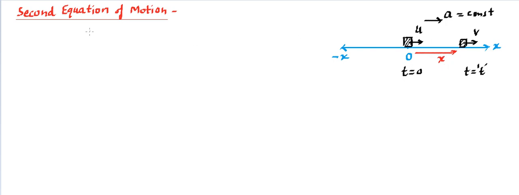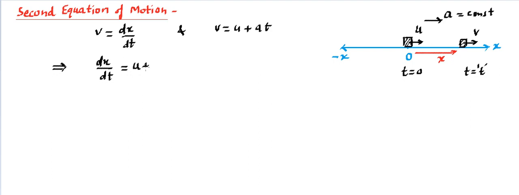So to find x, we need to use v is equal to dx by dt. And then we need to think, do we know v? Then you will realize, yes, we have calculated this v as u plus at. So these two equations need to be merged together so that it comes in terms of x. And then we will use basic mathematics to find out the value of x. So this can be written as dx upon dt is equal to u plus at.